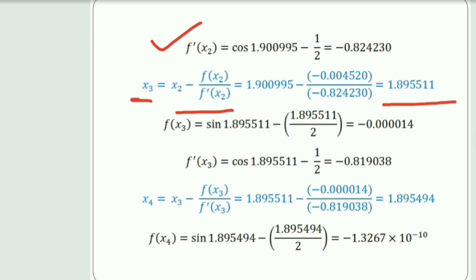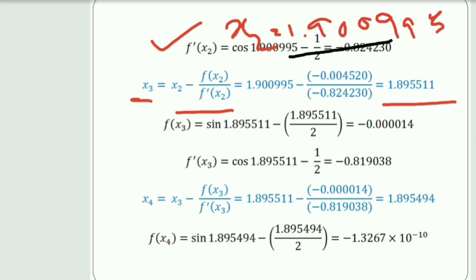was 1.99900995. This was the value for x2, right? But here also some digits differ, 1.9009 and here 8955. That means there is no repetition in the digits, so we need to go for further iteration, that